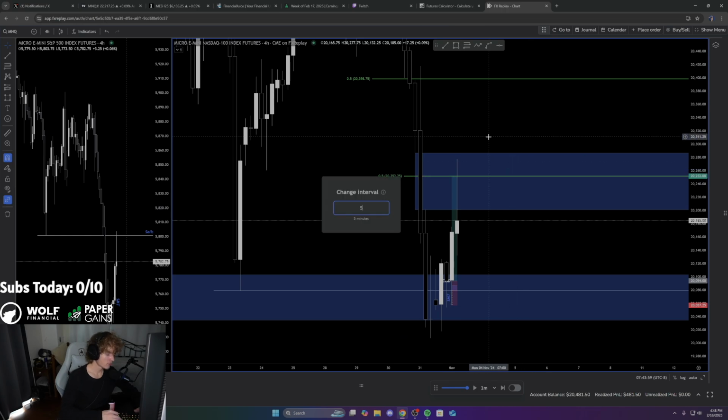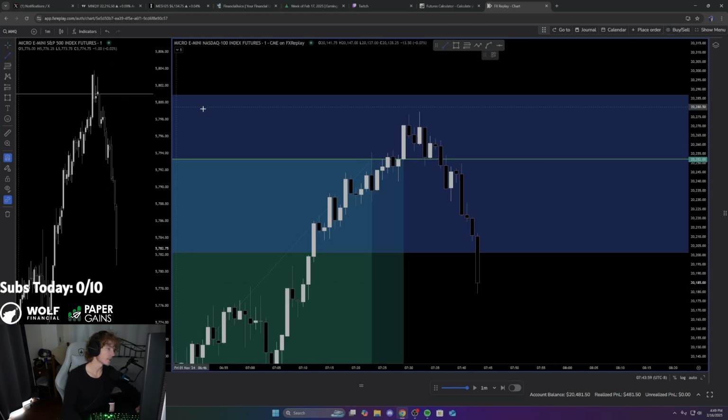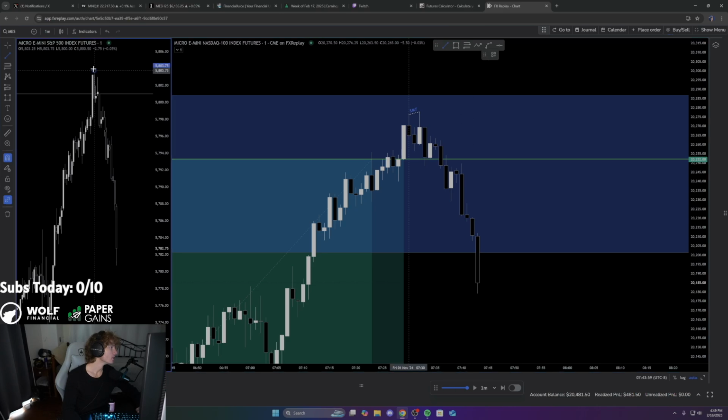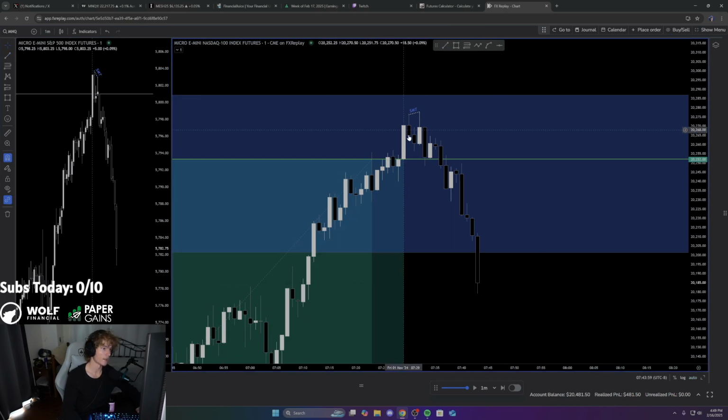No SMTs. Only on the lower time frame, but that wouldn't. I don't know if technically this is enough, but I don't know if I would have taken it off of this. You have an SMT. It is very low time frame, but it's in the high time frame PD array at your 50% retracement.